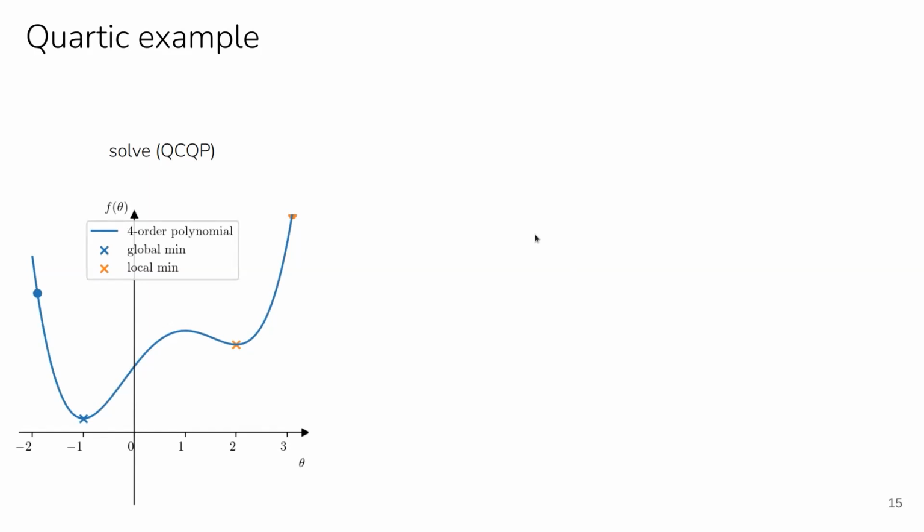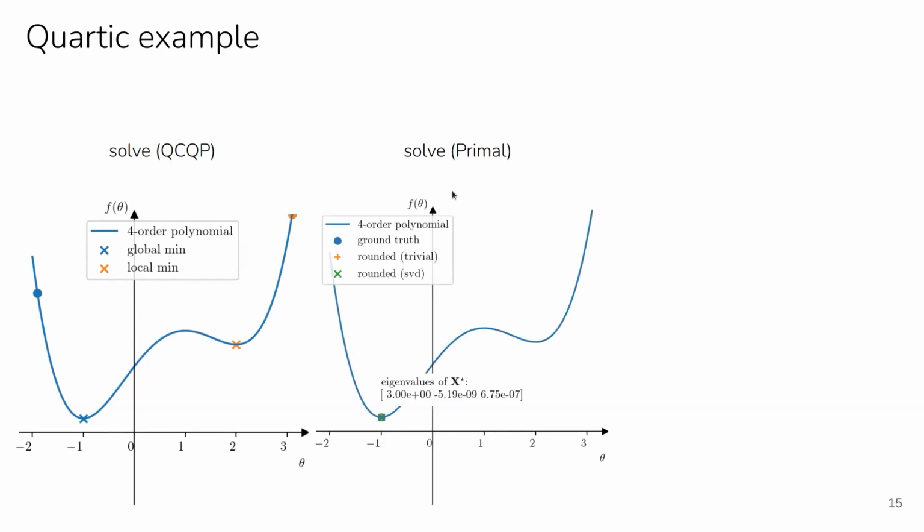All right, so this was a lot of math. Let me come back to the quartic example and show you these methods in action. First of all, if we solve the QCQP locally, then if we start here, we would converge to this global minimum. If we start on the right here, we would converge to this local minimum. Now, if we solve the primal relaxation, so the SDP in X, then the eigenvalues of X in this case are as shown here. The first one is 3 and the next one is very close to 0. So you can say that it has rank 1